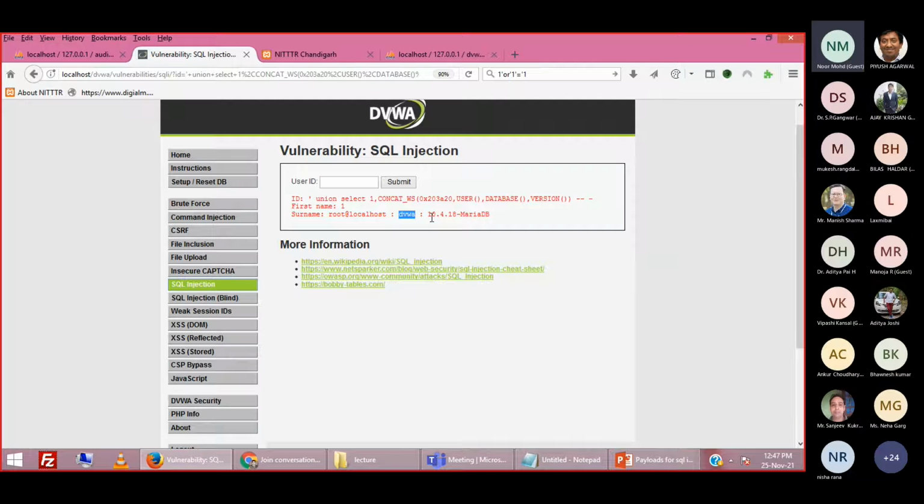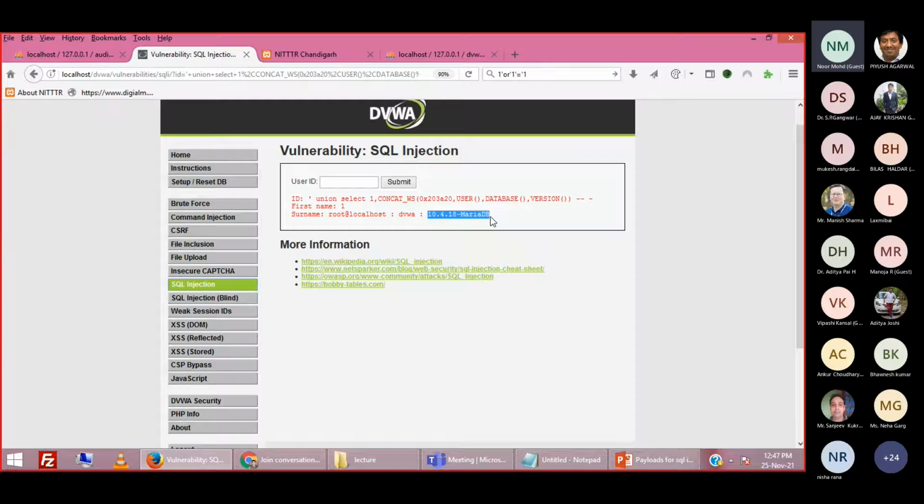It is also giving me the version. The version information is very crucial. I already told you, right? If you are telling the hackers that you are using this version of this particular software, you are putting yourself in danger, because hackers are very smart and they know which version of software has which type of vulnerability. In the last class, I already told you, you should never use components with known vulnerabilities, right?